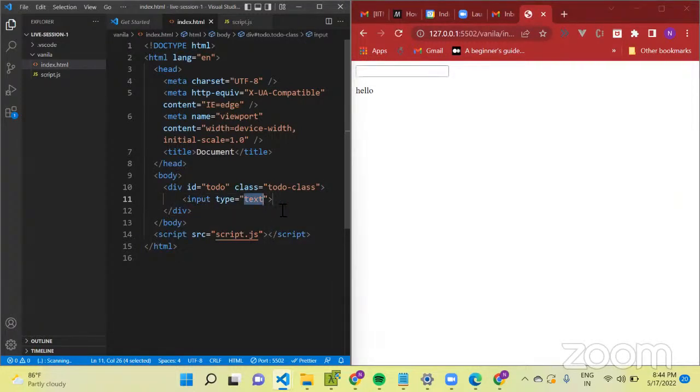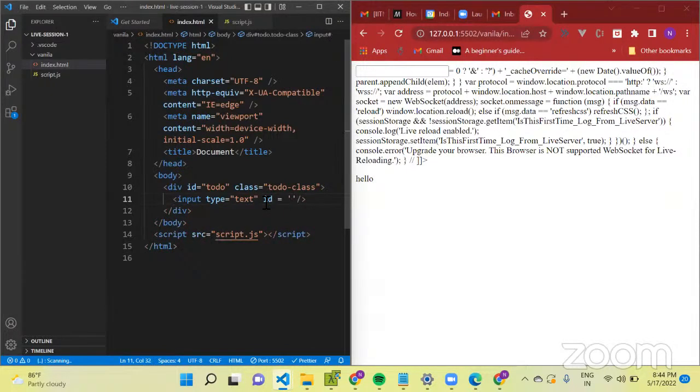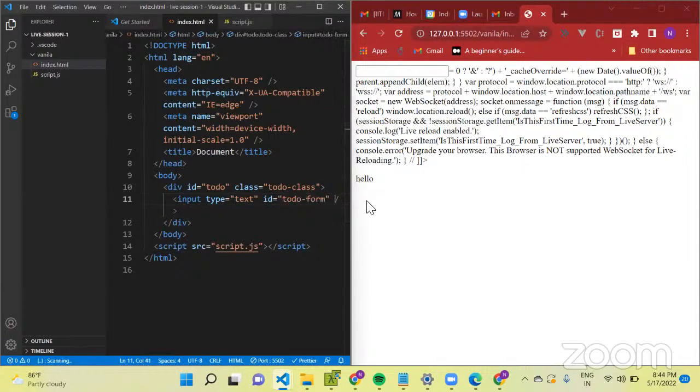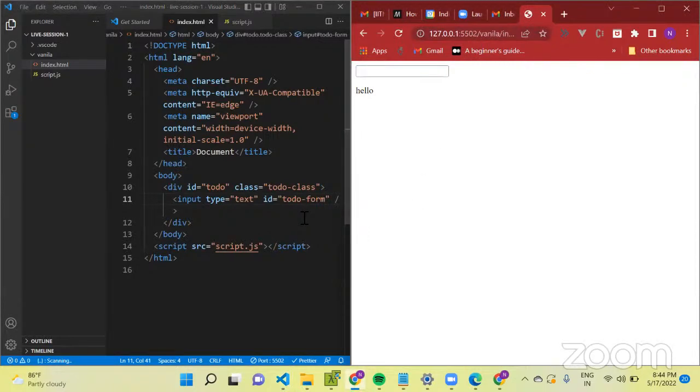Input is equal to text, and give it an ID. I will give it the ID to-do form. So we have a form here, and the idea is we will write something inside this input box,